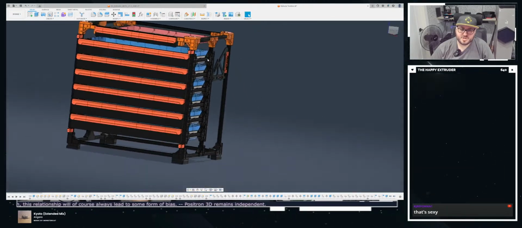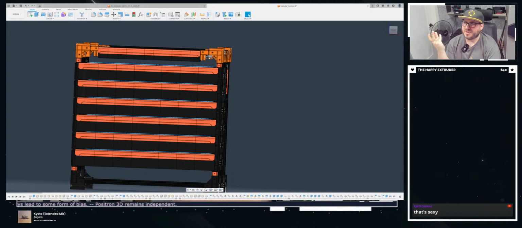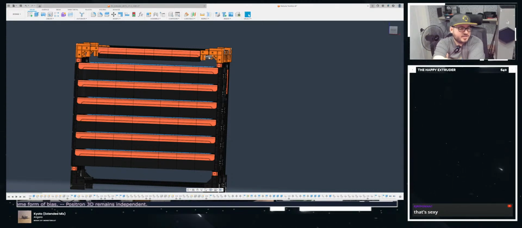But I'm thinking the Prusa Mini might live on this for now. I don't really know what I'm gonna do with the Prusa Mini. I don't know where I'm gonna put it. I think it's gonna live there. I'm fine with it living there because it's a small printer and it doesn't shake the table too much when it's going.